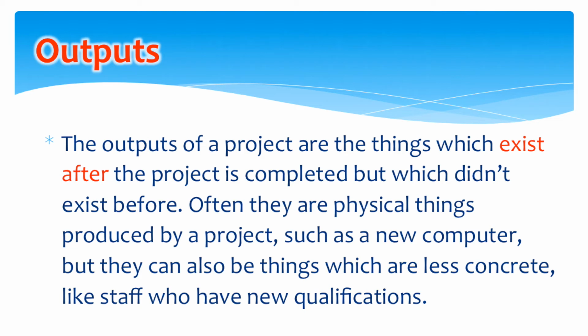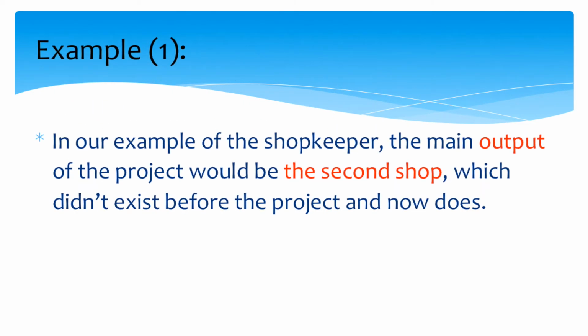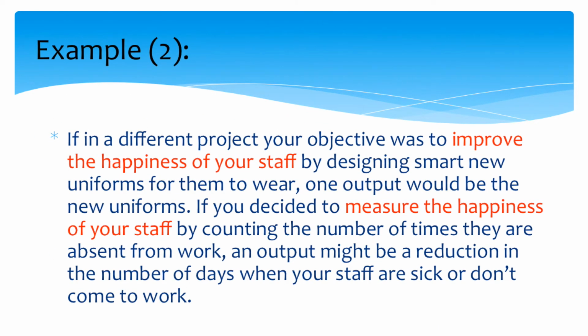Often they are physical things produced by a project, such as a new computer, but they can also be things which are less concrete, like staff who have new qualifications. 可以是具体的物质化的东西，比如说有一个新电脑，也可以不是这么具体的产出。比如说你的员工都有了新的资质证明，这些就不是像电脑、一本书这么看得见摸得着的东西。按刚才那个例子，那个店主的 output 就是已经建了第二家商店并开门了。再比如说质的目标，